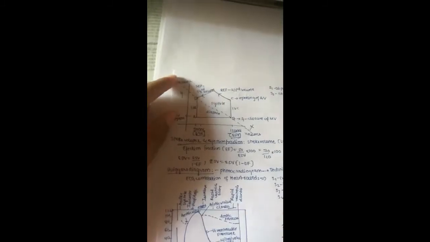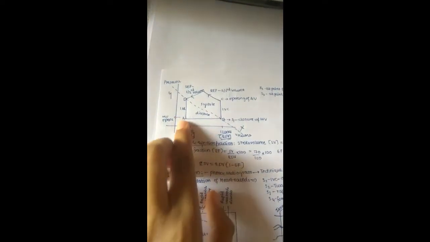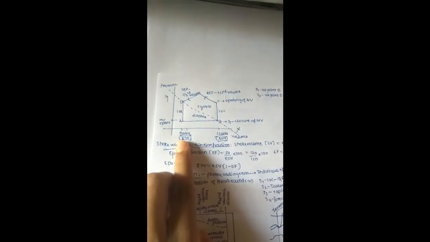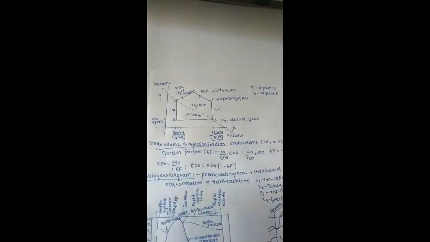Here on this side you can see the pressures. Now let us start. First, from the end systolic volume at point A to point B, that is end diastolic volume, the ventricle is undergoing the process of filling. Of that, 80% is passive filling and 20% is active filling, right? We know that. So at point A, what happens is the mitral valve opens, because end systolic volume means after systole, you can understand the mitral valve will open for the filling.